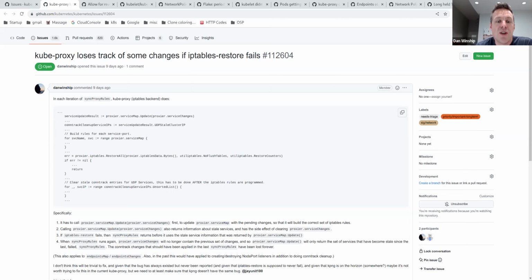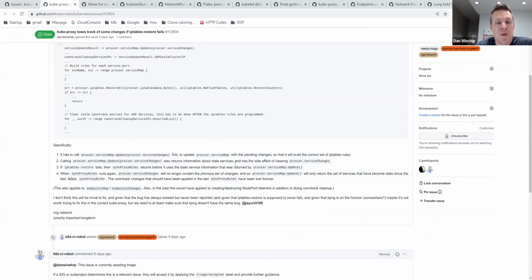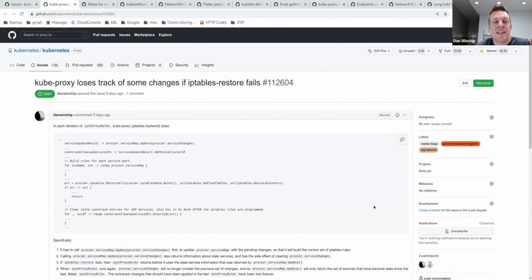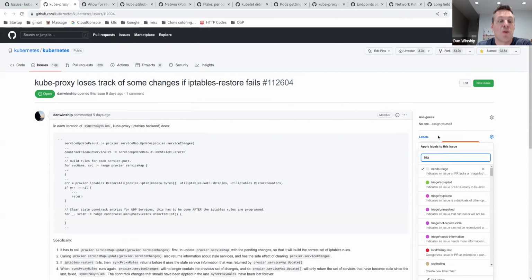So if we go through a round of sync proxy rules and fail IP tables restore at the end, then the next time we go through, it won't remember the changes that happened last time. They'll already have taken effect in the IP tables rules, but for the other things that we use them for, which at this point is just updating conntrack, it will forget about them. So we'll leave conntrack stuff dangling. In the past, we would have left node port stuff dangling as well.